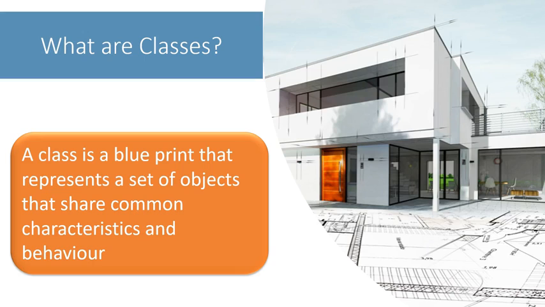Builders will look at the blueprints and use those blueprints to make a physical house. They can use the same blueprint to make as many houses as they want. Each house will have the same layout and properties. Each house can accommodate its own families. So, one house might have the Tatas live in it, while another house might have the Ambanis live in it. The blueprint is the class, the house is the object, the people living in the house are data stored in the object's properties.